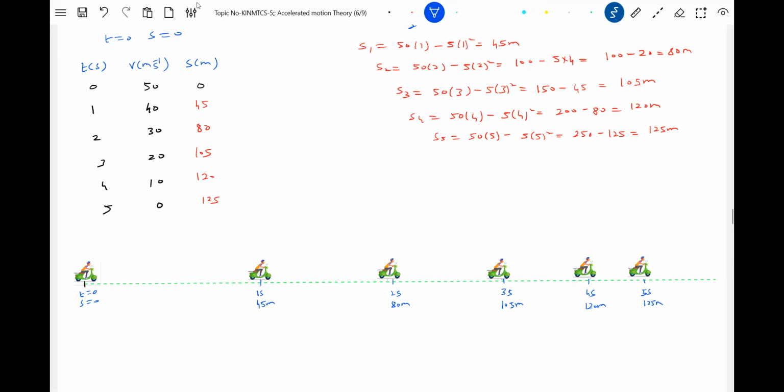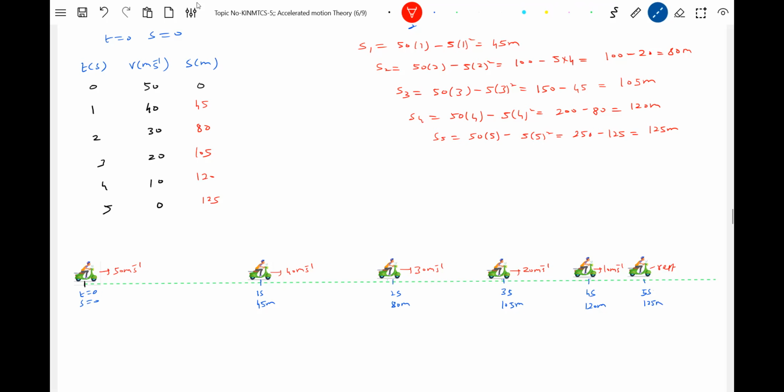Okay, here you will start with a velocity. The velocity terms I'll indicate. We will start with 50 meters per second. It will become 40 meters per second, 30, 20, and finally you'll be at rest. You'll come to rest.